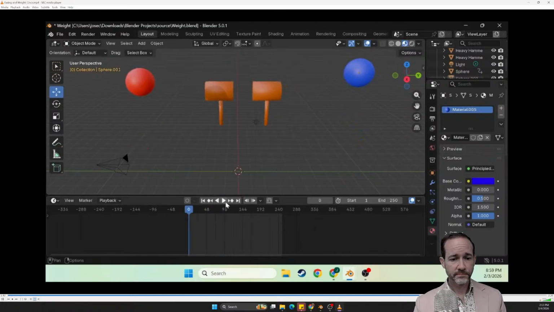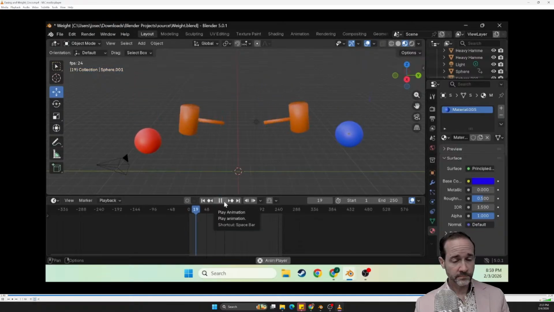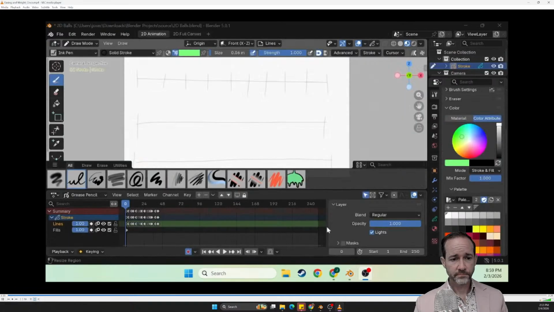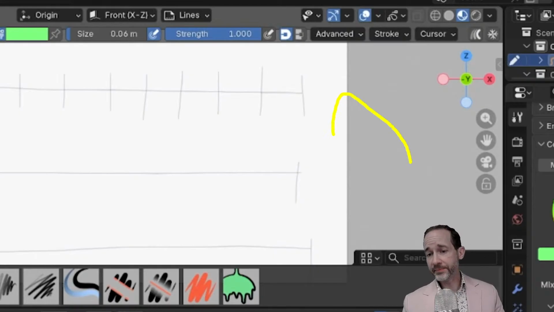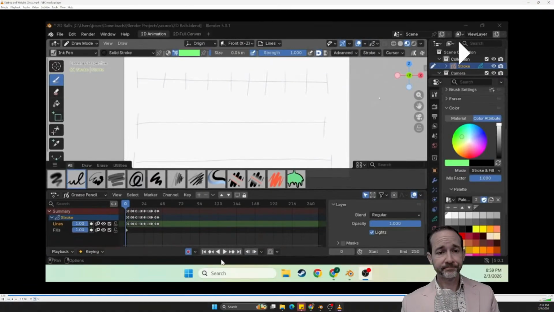Probably could speed up the animations a lot more, especially with the light hammer. Well, I kind of did like how it turned out in 2D. So yeah, the biggest problem there is not the speed; it's the shape of the F-curve. Okay. Animation.